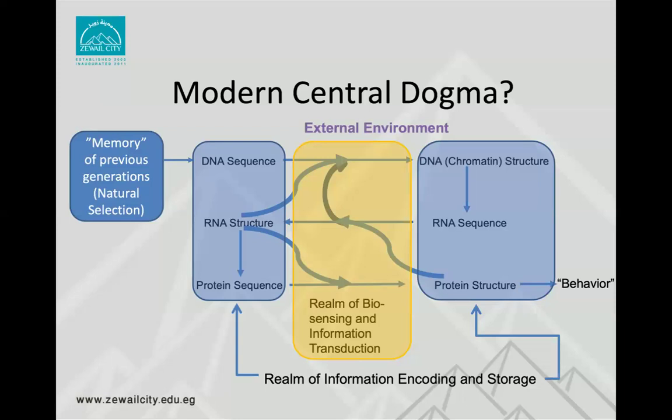So this is one way. There's no consensus on a modern central dogma, but this is one way that I would propose to describe the central dogma. We're still going from DNA, RNA, protein, but we have this yellow region. This yellow region represents the outside environment. So when we go from DNA sequence to DNA structure, so when I talk about DNA structure now,